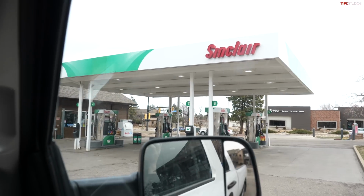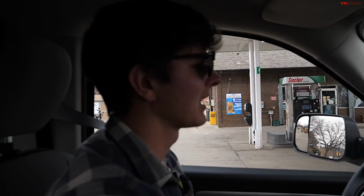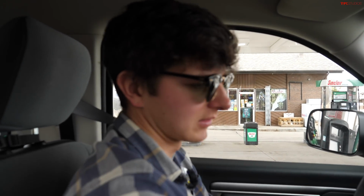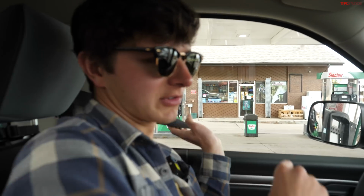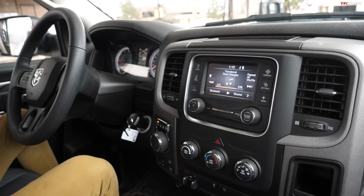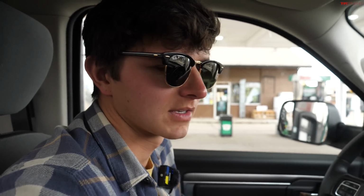But after that long drive, we've now been in this truck for a couple hours. I've got to say, even though this interior is dated because this is just an older platform, is this still a nice, comfortable truck to spend time in? If you don't really care about having the newest design and all of the newest tech, even though the screen is small, it still works fine. So I think this is a perfectly reasonable truck to spend some time in, for the most part, unless you have a lot of stuff with you. The one complaint I've had...